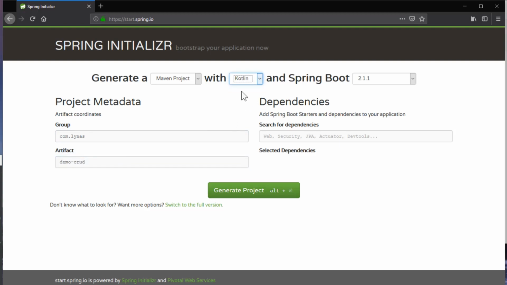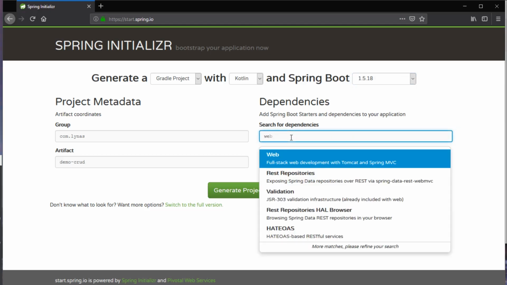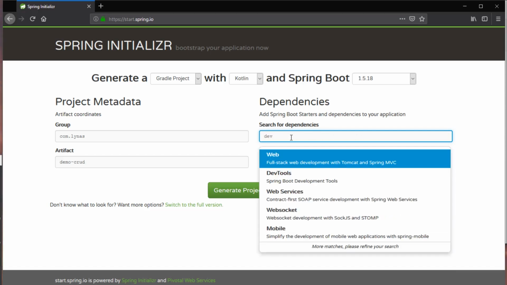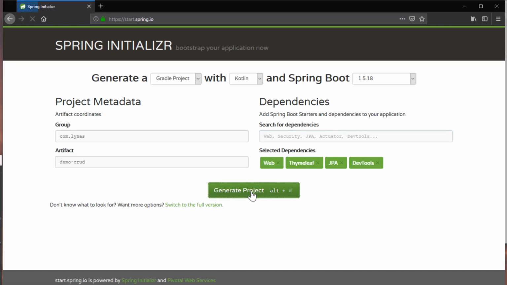Select the language you want to use. I'm going to use Gradle and Spring Boot version 1.5. And for the dependencies I'm going to use Web, Thymeleaf, JPA and DevTools. Next hit generate project, save it,